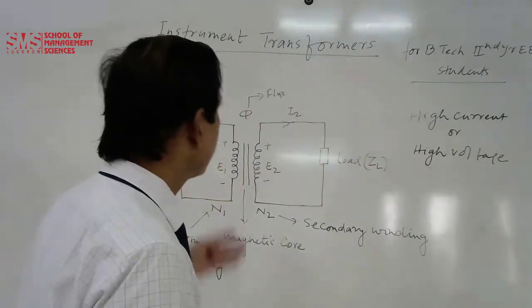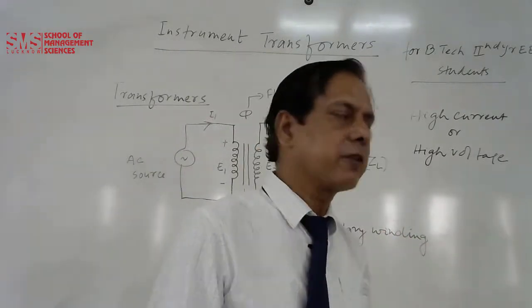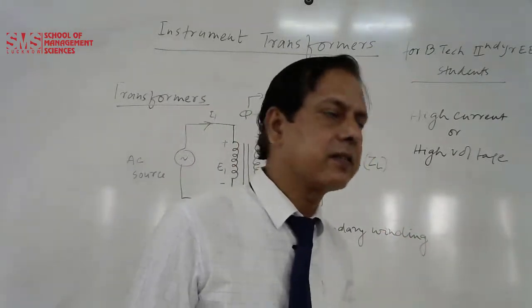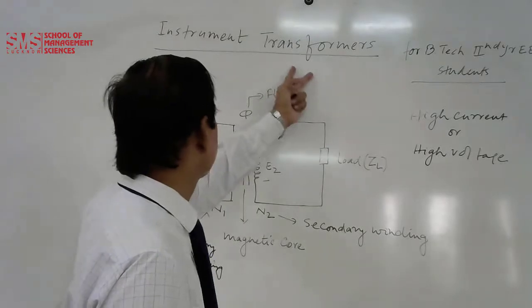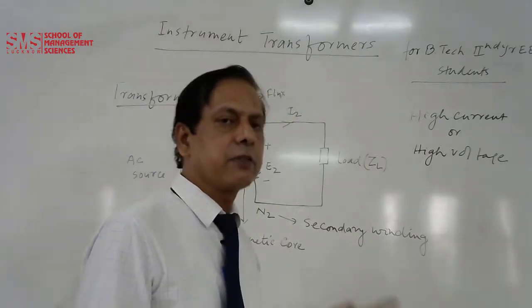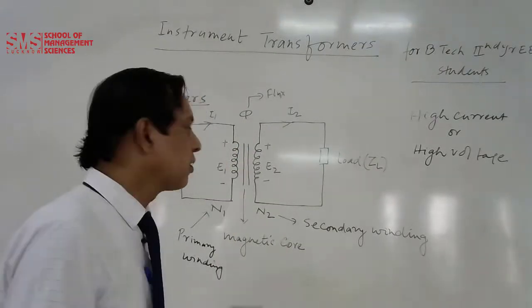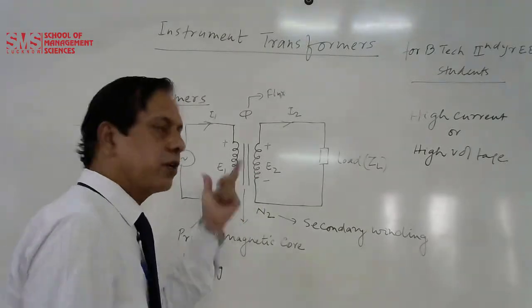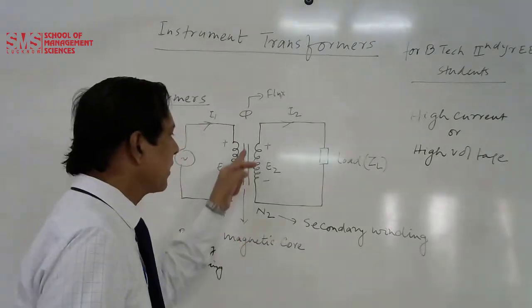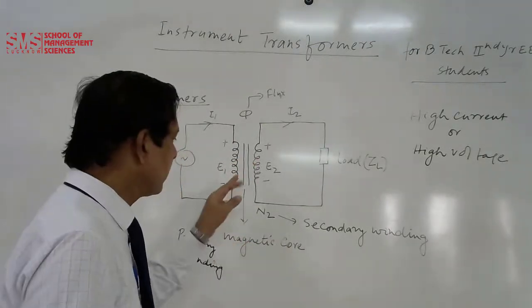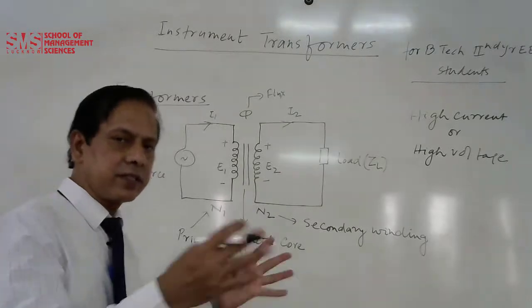Basically, instrument transformers are basically the same as the normal transformer we have seen in our earlier classes. So before we go into detail about instrument transformers, let's see what a transformer is. In fact, transformers are machines having two different windings provided on a common magnetic core. Here, two vertical lines have been shown. In fact, that indicates the magnetic core. The two windings are provided on the same core.